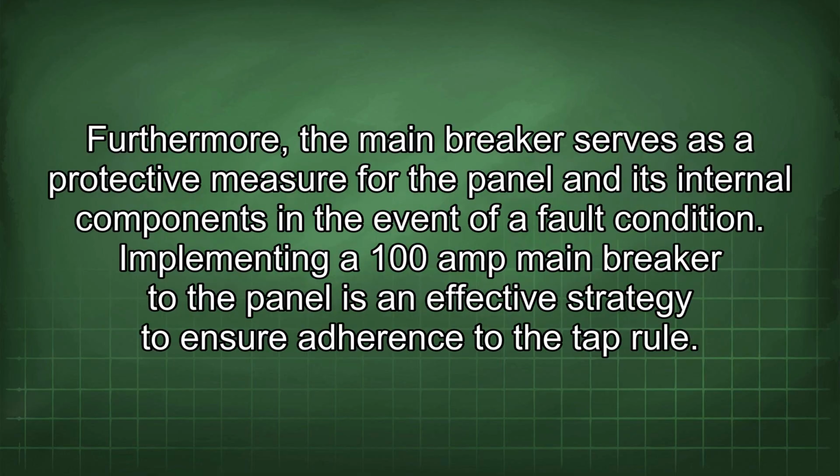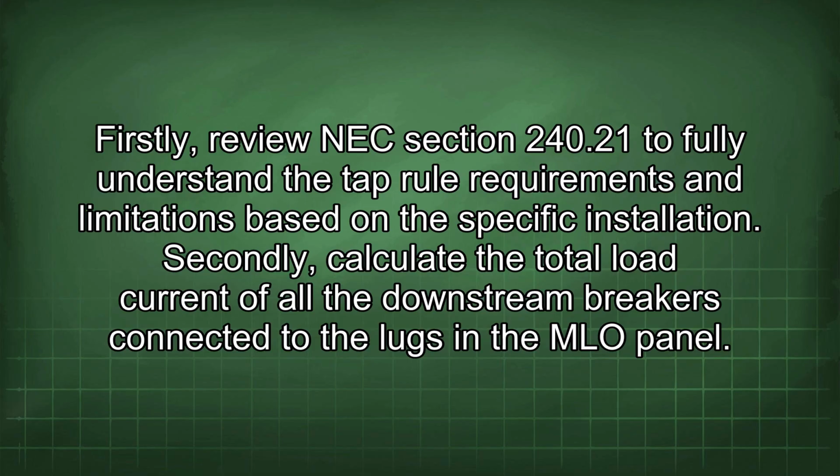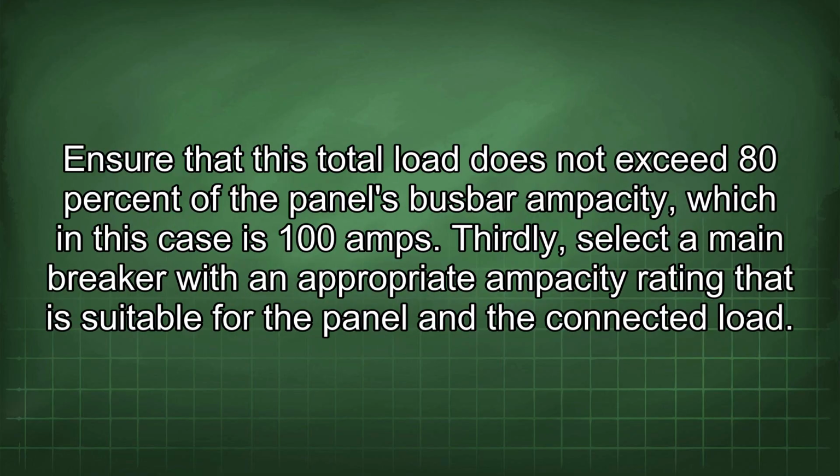Furthermore, the main breaker serves as a protective measure for the panel and its internal components in the event of a fault condition. Implementing a 100 amp main breaker to the panel is an effective strategy to ensure adherence to the tap rule. Firstly, review NEC section 240.21 to fully understand the tap rule requirements and limitations based on the specific installation. Secondly, calculate the total load current of all the downstream breakers connected to the lugs in the MLO panel. Ensure that this total load does not exceed 80% of the panel's busbar ampacity, which in this case is